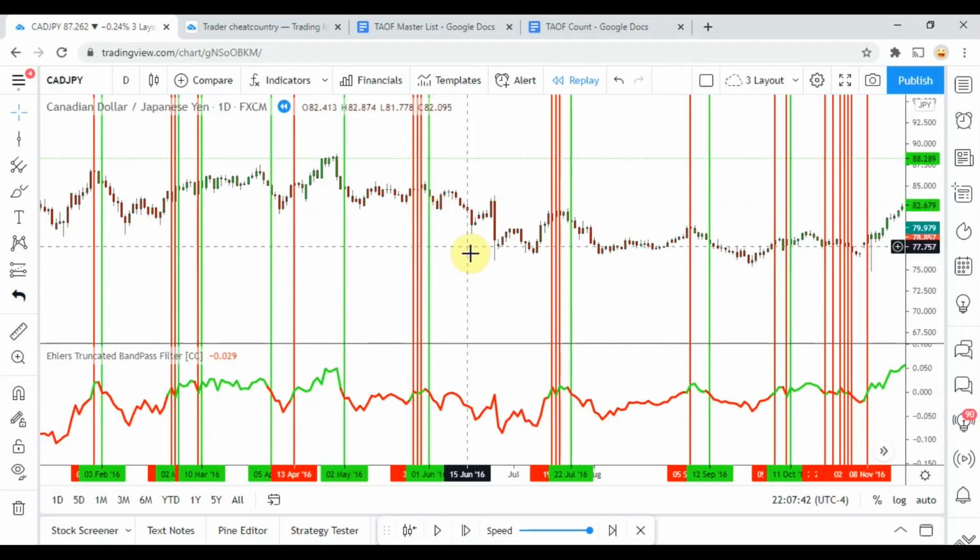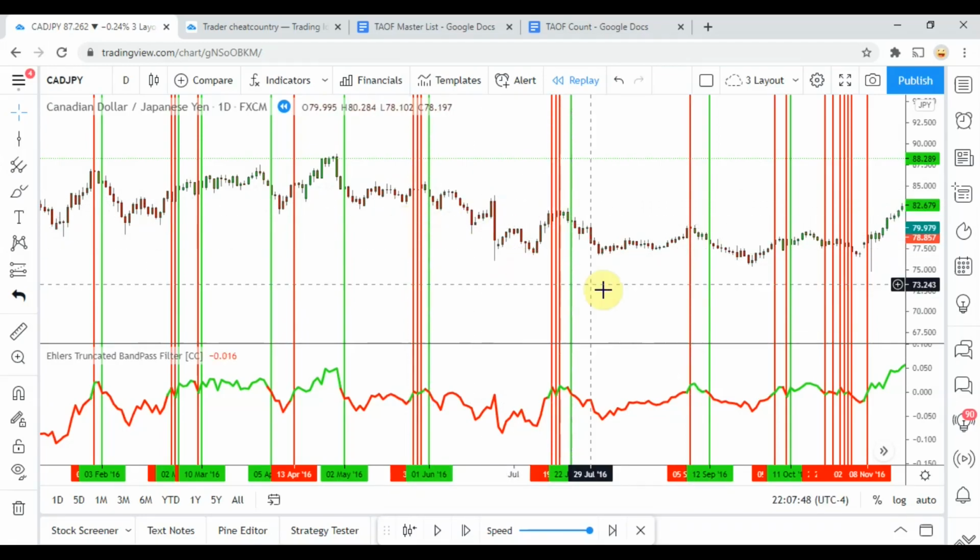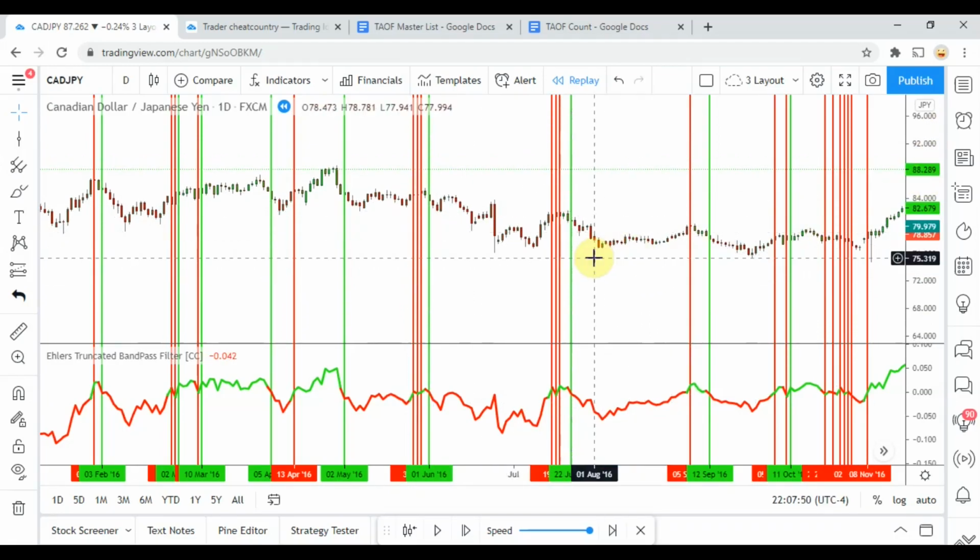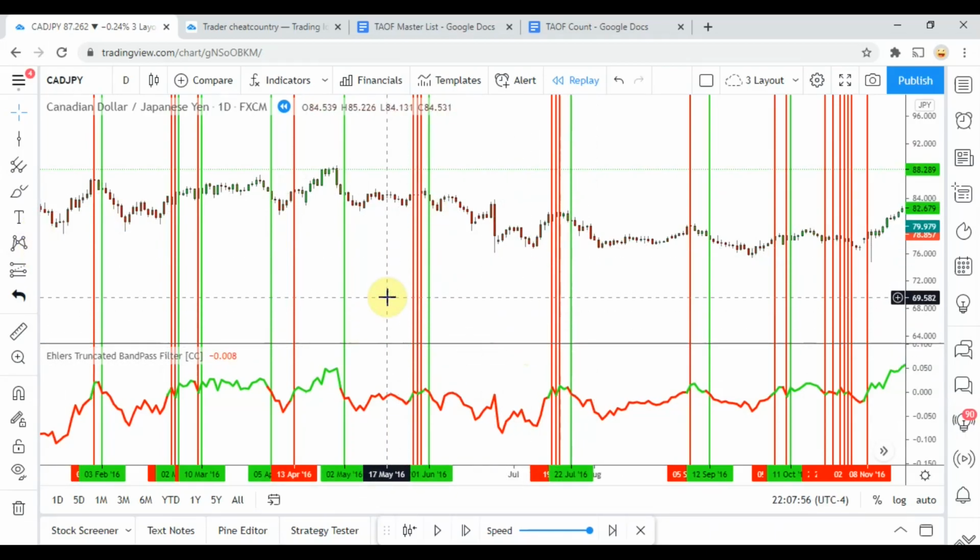This thing was interesting, to say the least. Really chopping these signals in and out caused a lot of unnecessary stops. And so, yeah, this one's going to go on the no list, and we will move on to the next